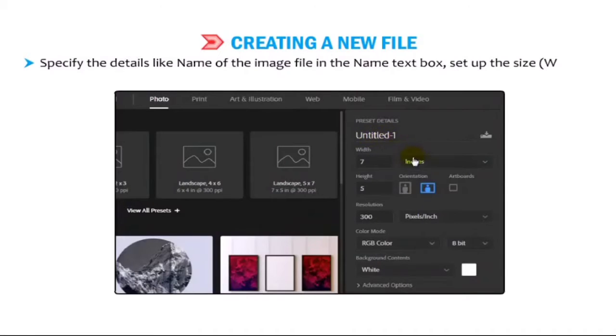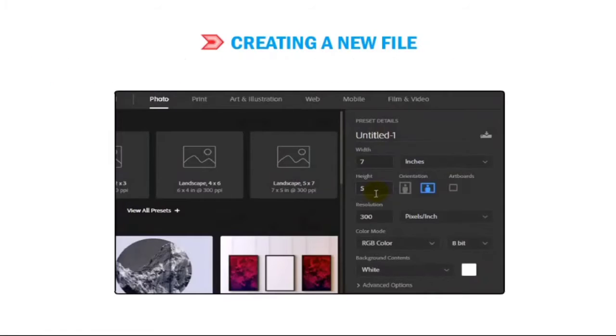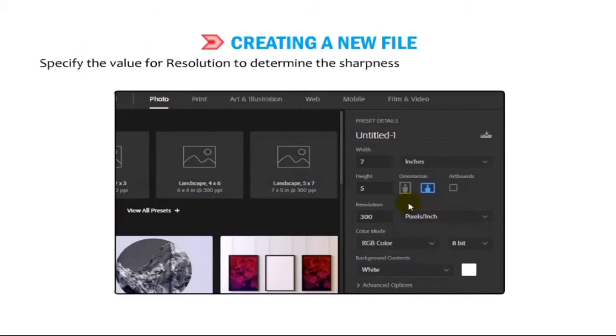Set up the size, width and height of an image file in different units of measurements such as pixels, inches, centimeters or points. Specify the value for resolution to determine the sharpness and clarity of an image in the Resolution text box.